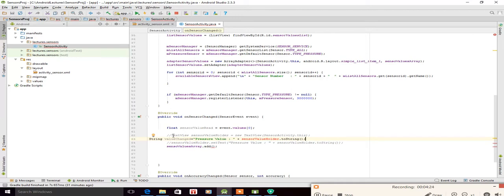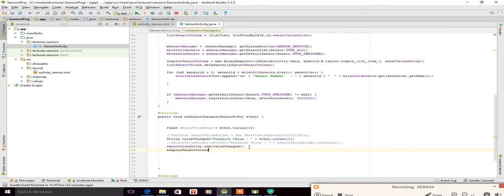Yeah, because, sorry, it was my sensor value, so I have to use this float value now, and I cannot use toString on it. I think that's enough, and I have to pass this value changed to my array list, and then the adapter